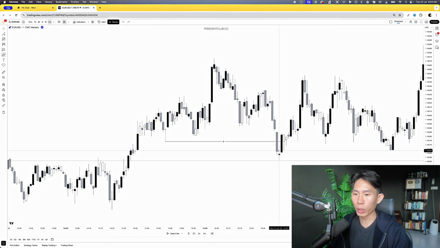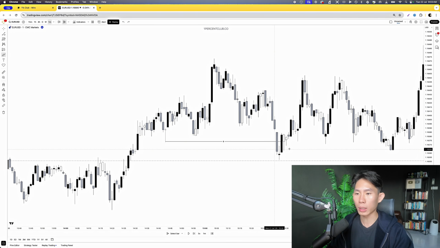Alright, so what does the liquidation candle look like? Once again, what do we have? We got a long upper wick, right? Once again, it doesn't matter whether it's a long upper wick or a long lower wick, as long as you have some form of long wick and a small candlestick body just like this, we can identify that as the liquidation candle. So the minute price actually came down there and swept these equal lows, right,